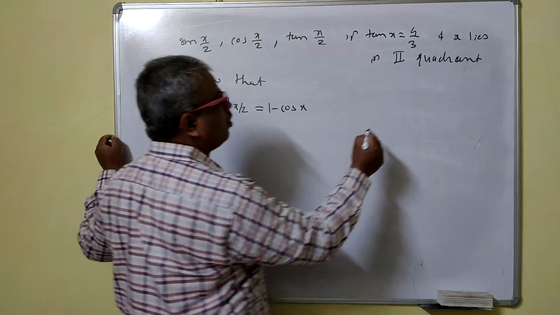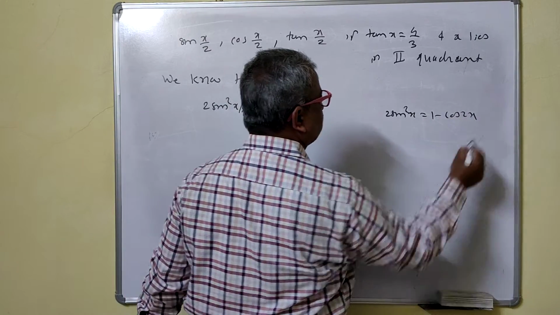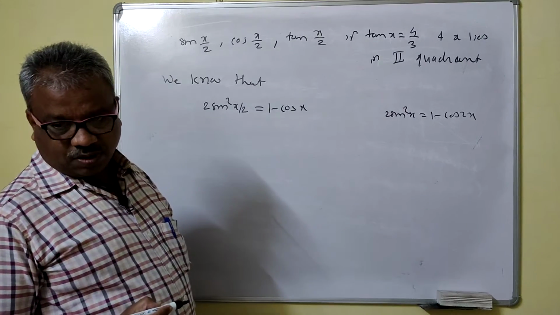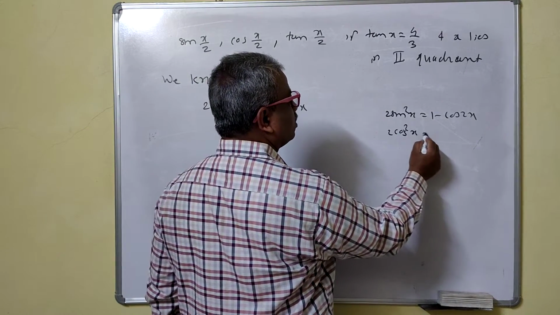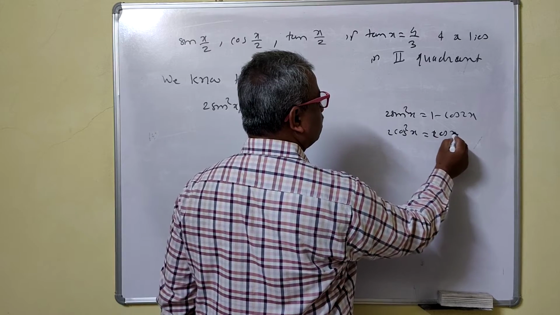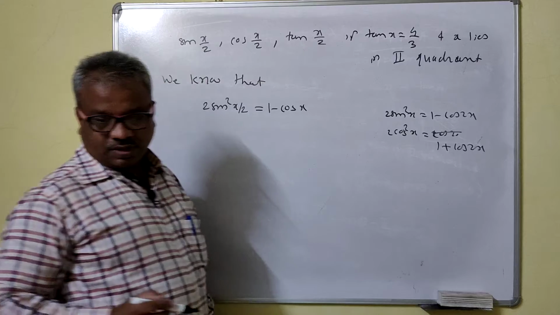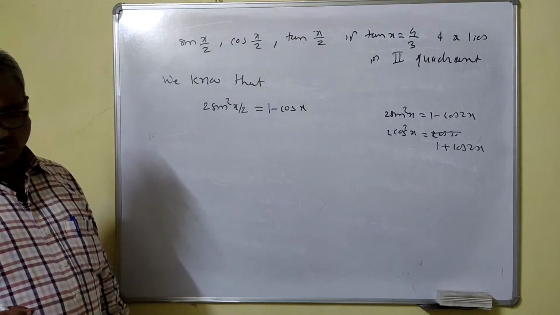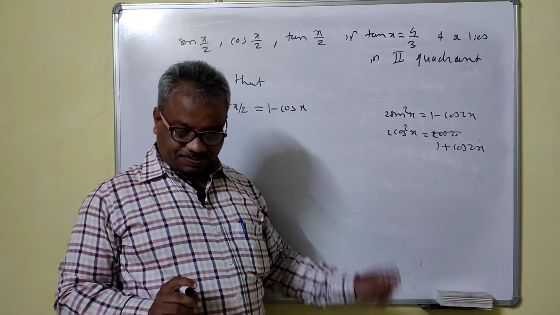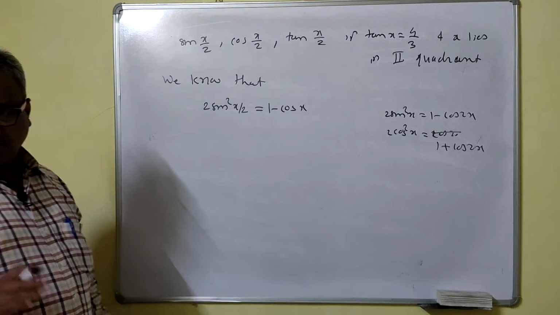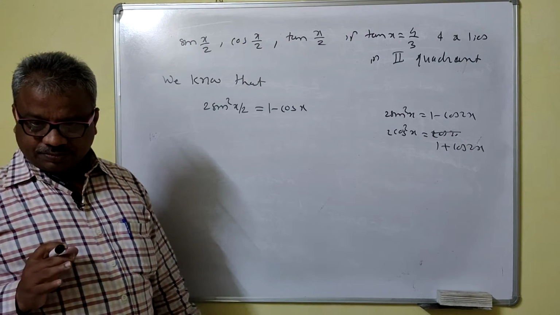Because we have written the formula for 2 sin square x is equal to 1 minus cos twice x, right? We will apply that formula. So 2 cos square x is equal to 1 plus cos twice x, right? So this is the formula to reduce the power of sin and cos. These are very important formulas to reduce the power. So trigonometry is very powerful, right? You can reduce the power, you can increase the power.